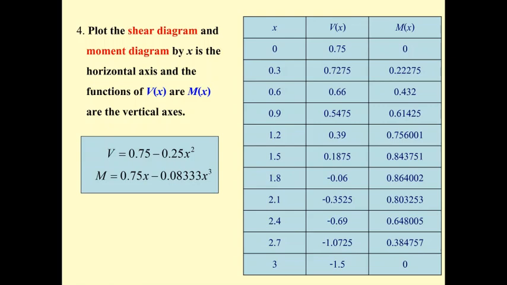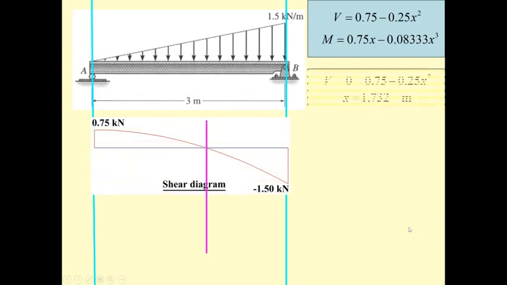And then again, if you plot the graph, you have to set the x along the length of the beam, and put the x into the function of v, and put the x into the function of m, and then you got this graph. And by taking a look at this graph, we have the function of v in this form, and you may see if x equal to 0, that is this point. What is this? It is 0.75. It is equal to what? It is equal to the reaction at A. And if you put x equal to 3,